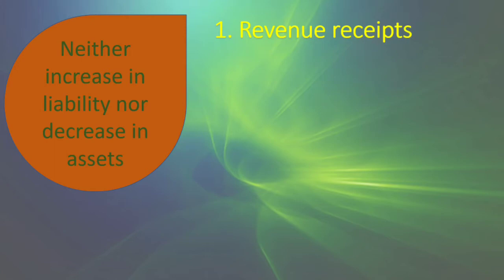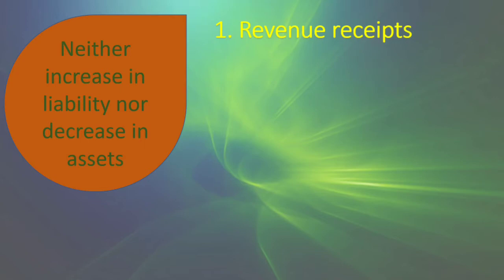Let's understand. Receipt means income of the government. जब government के पास income आती है, right? When does the government get the income? When either they sell the asset, या तो वो अपना asset sell करती है, or it gets tension in the form of liability. Let's say borrowings. When I borrow from somebody, I get a receipt. But at the same time, there is an increase in liability.